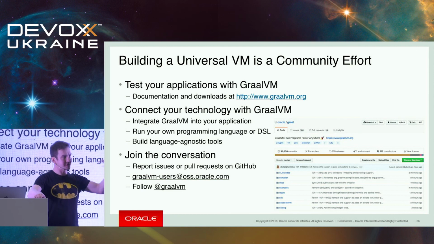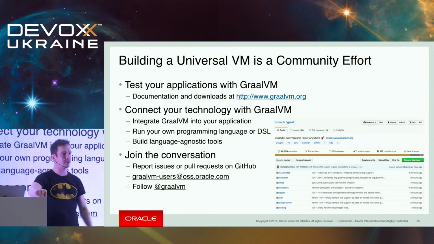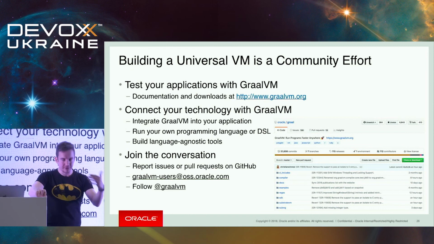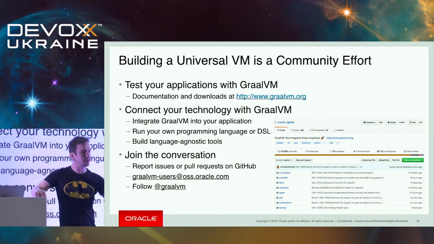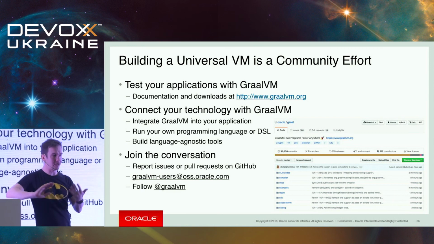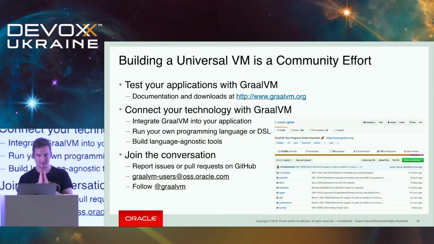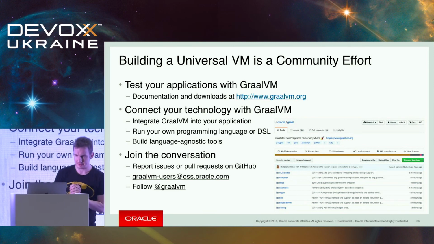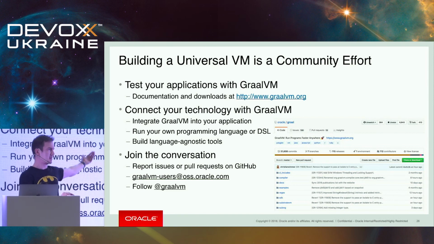We are running some applications internally using the GraalVM distributions. Twitter is running using the compiler. Not our distributions, but they have the compiler from there. If you try it, the more you try it, the more we know that it actually is ready for prime time, or the more bugs we have to fix. And the team is really, really excited about fixing all kinds of issues, because there haven't been that many compiler bugs as of lately. You can follow us, you can find us, you can ask us questions, you can ask